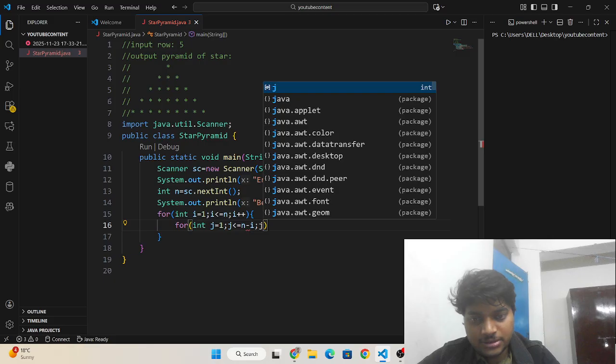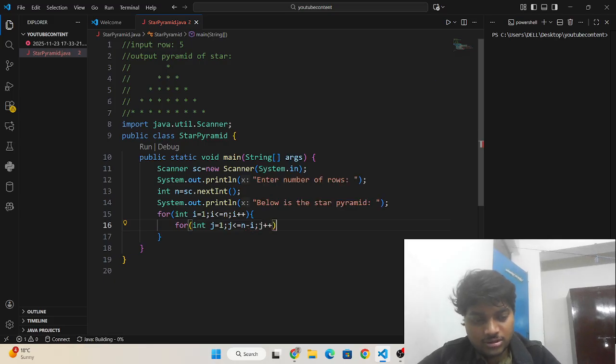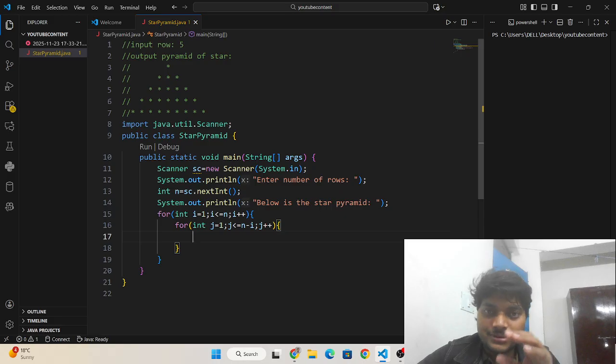See, this is the main logic for printing spaces. If the number of rows is 5, and we are in the first row, the spaces printed are n minus i, that means 5 minus 1, which is 4. Here we have left 4 spaces.